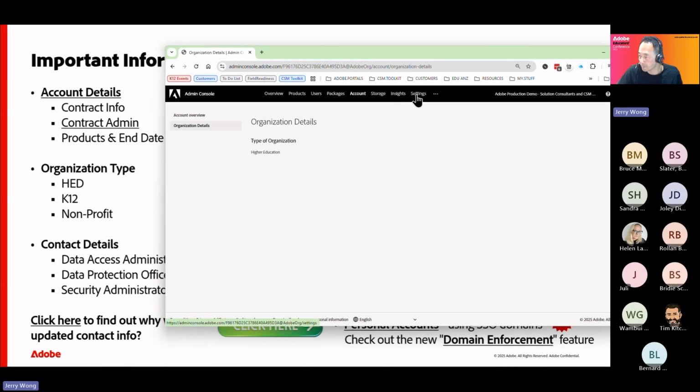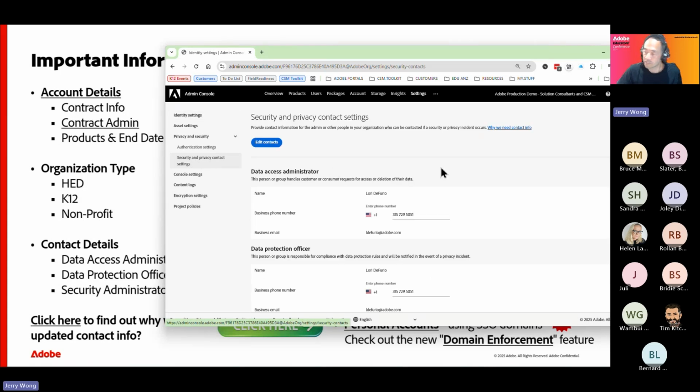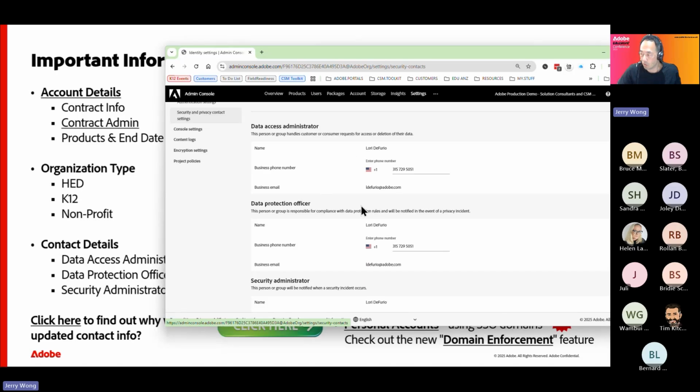Now, there's a bit of information here. If we click on the settings, under privacy and security, you'll notice there are a few fields here that are often overlooked. I do recommend that you, as an administrator, go in there and put the correct information, because having the correct contact details here is important.